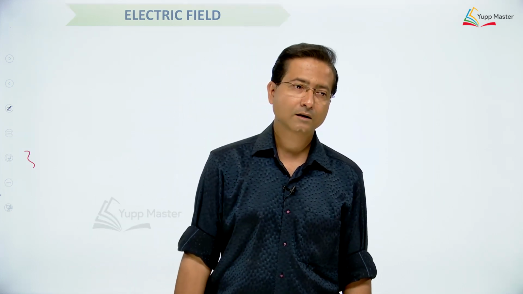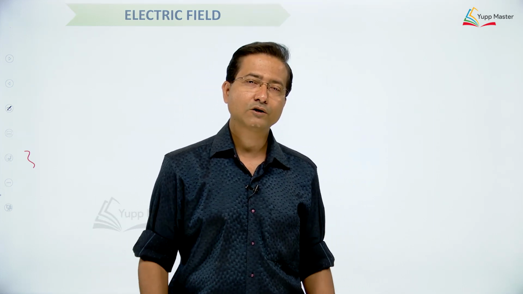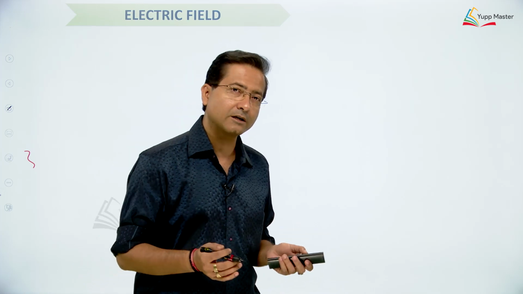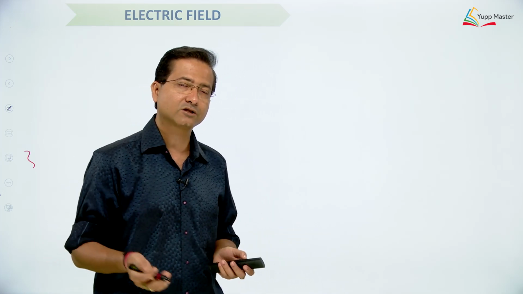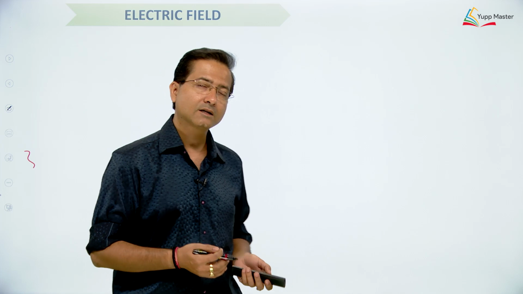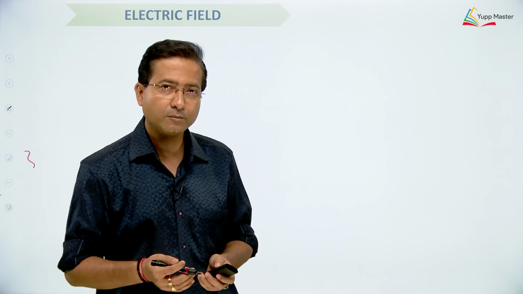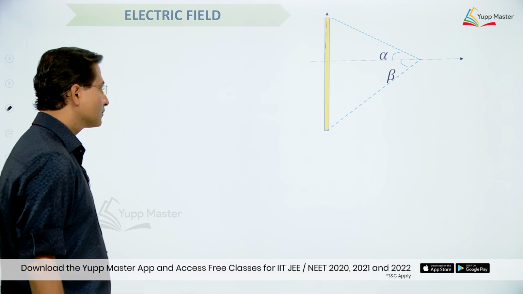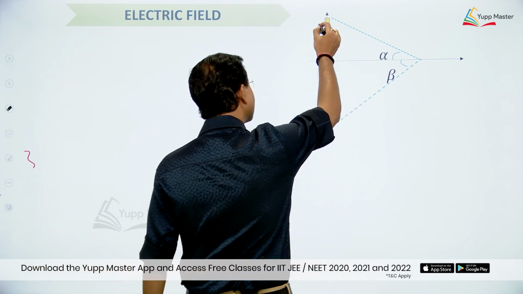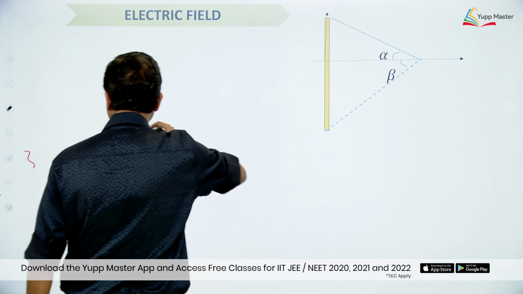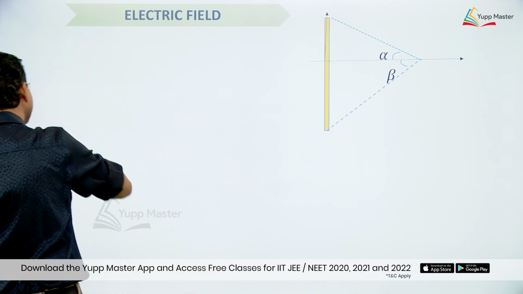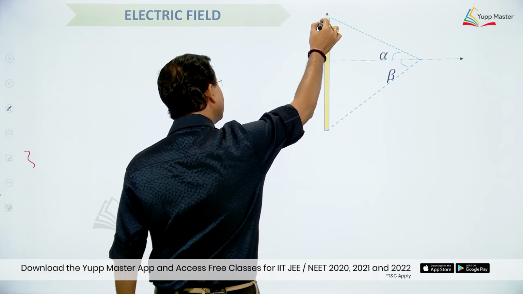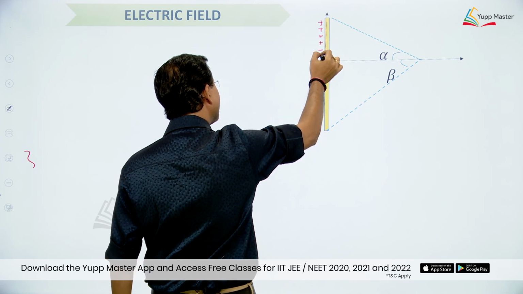So in our last class of electrostatics, we talked about the field created by a point charge and the field created by various distributions, right. In the last class we just discussed how much is the field produced by a straight wire, that is, the field created by all the elements on the wire.